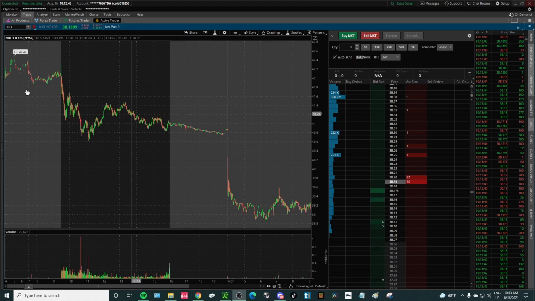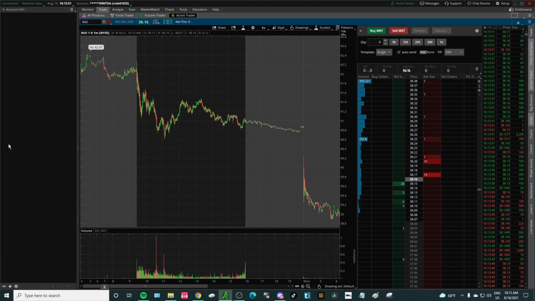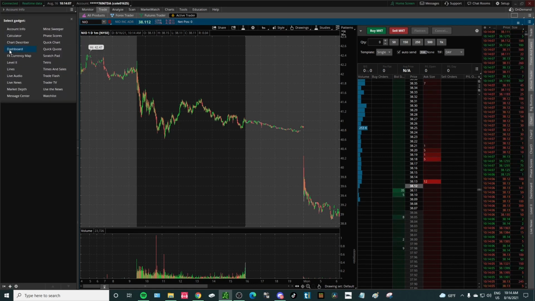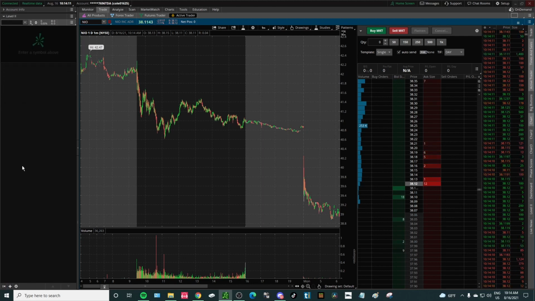Now this is where the fun part starts coming into play, and you can have a totally different set. See how we want to click that little arrow on the left side. You might have some widget there, but right now you have nothing. Again, if you want to make your account invisible, you want to click account info and then click on buying power, and then you'll be able to click a private option. You want to go ahead and click this little arrow, and you want to have a level 2,